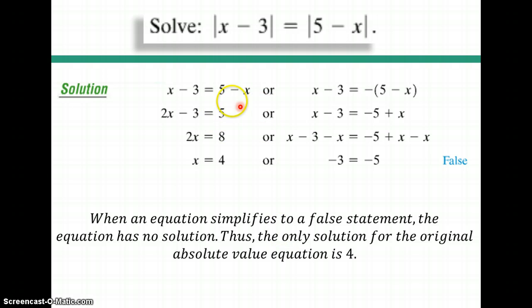Using the absolute value property, x minus 3 equal to 5 minus x, or x minus 3 equal to minus of 5 minus x. By solving the two equations, the first equation we get x equal to 4,